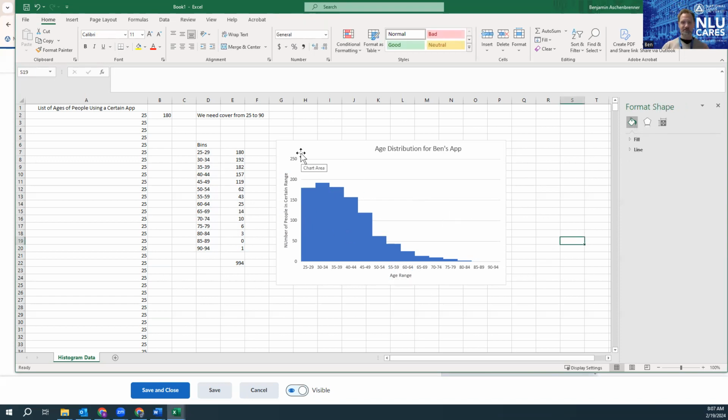I'm ready to take it to the team and show them what I've learned, which is that for the most part, the app users are in this kind of solid block of 25 to 45. This is just extra bonus information. This is called a distribution. One of my favorite distributions is